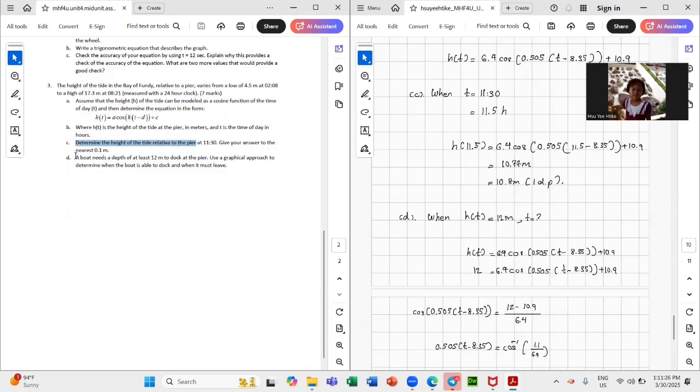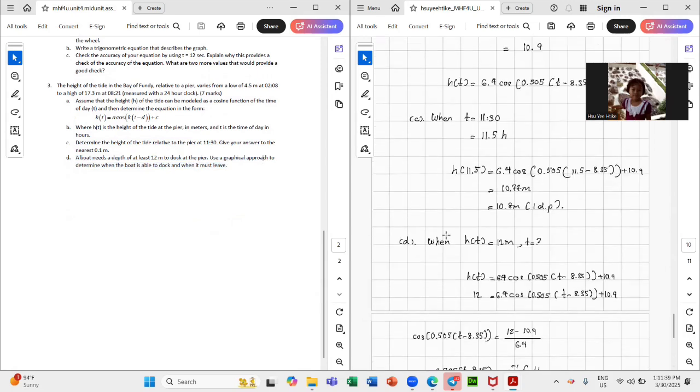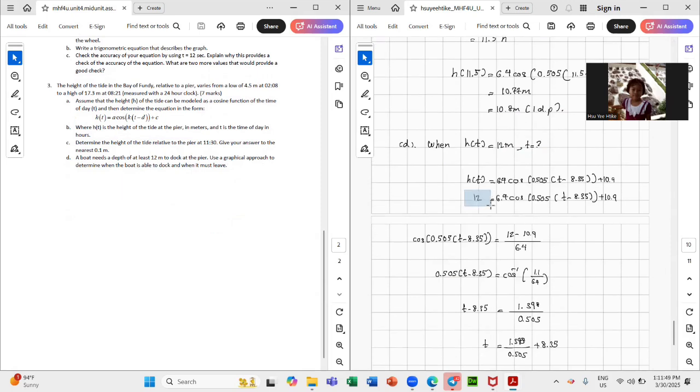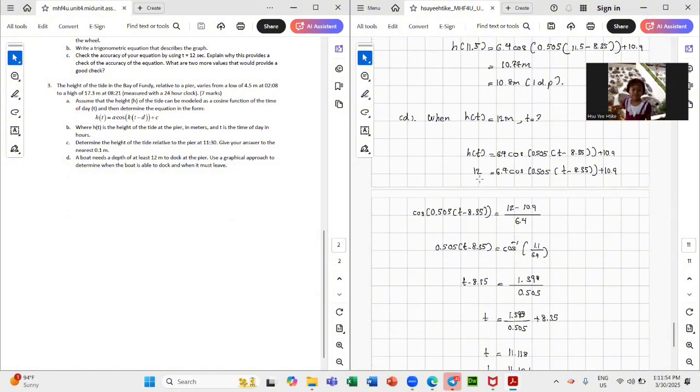D, a boat needs a depth of at least 12 meters to dock at the pier. Use a graphical approach to determine when the boat is able to dock and when it must leave. So we have to find the time t when h of t is equal to 12. Here h of t is equal to 12, and we have to rearrange the equation, and subtract 10.9 from 12 and then divide it by 6.4,